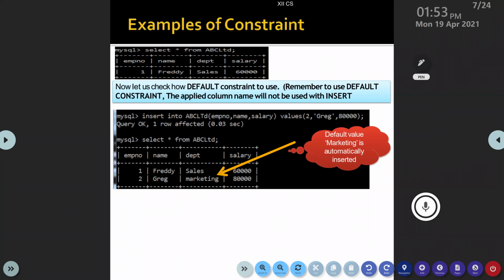Is that clear? Should I repeat? Mohammad Irfan? Clear? Understood? Yes, ma'am. Amal Raj?